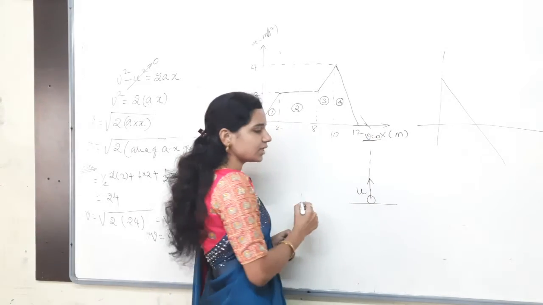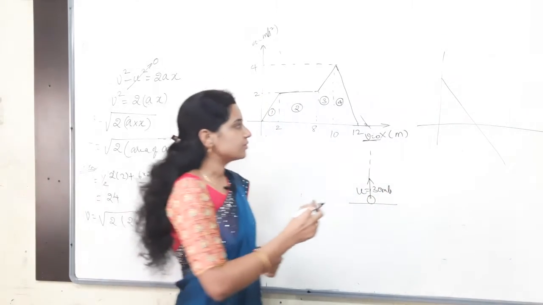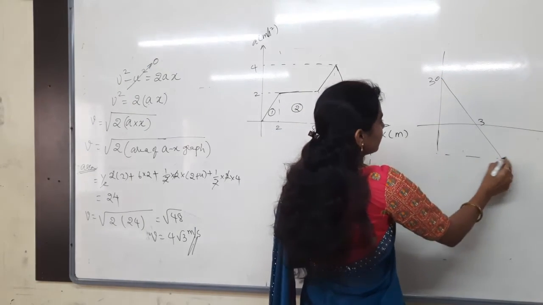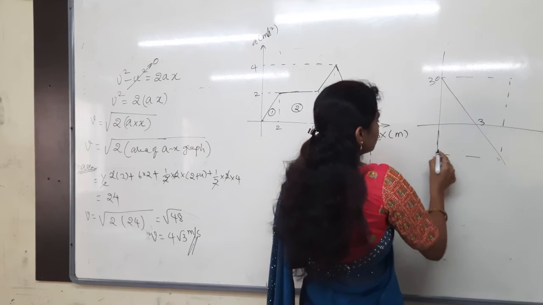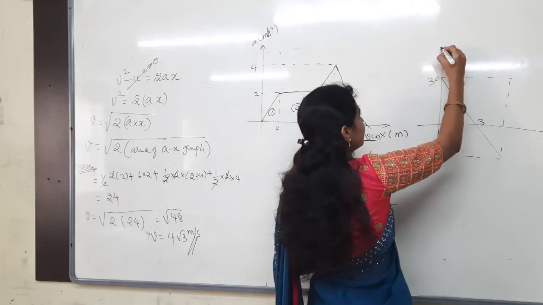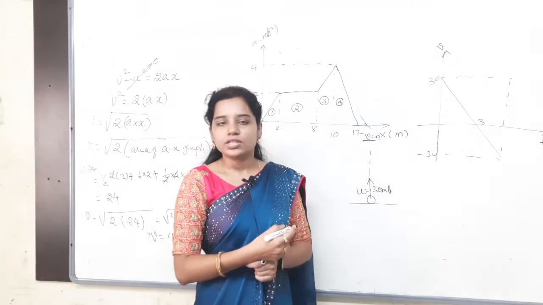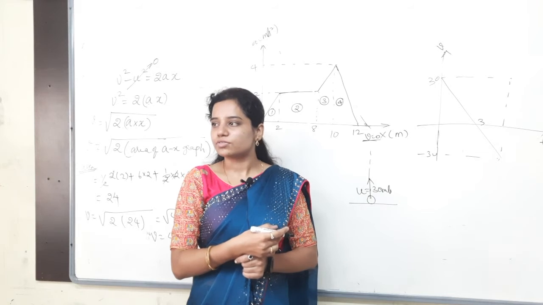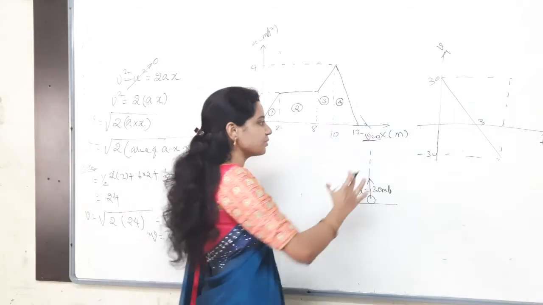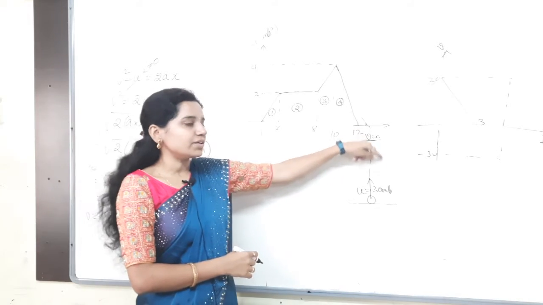Initial velocity is how much they said? u equals 30 meters per second. So tell me the values here. Here 30, here how much? 3, no? Yes, like this they have given the graph. This is minus 30, no? Which graph? VT graph. Whenever you see VT immediately, don't consider the slope and don't find out the acceleration. Read the question first. They said in the question you have to find out the maximum height. At maximum height, what happens? Velocity becomes 0. Then only it will return back again.